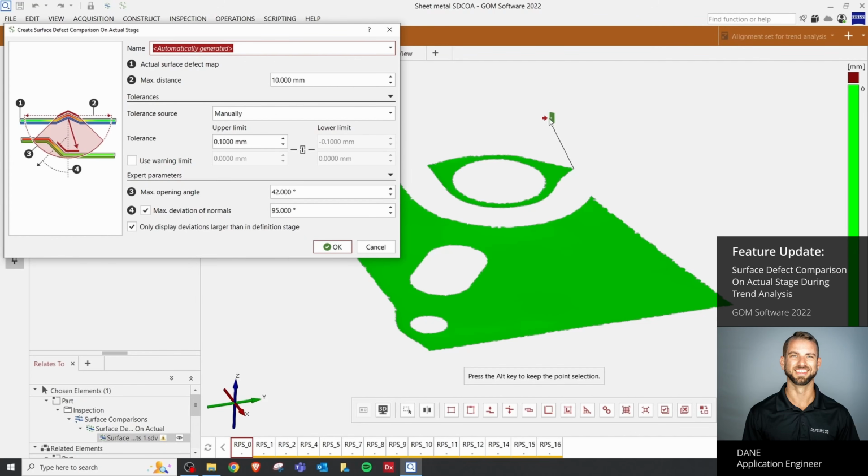Here we are filtering defects that are allowable referencing a certain stage. When we choose our new option, we are completely ignoring any deviations that fall under those of the reference stage. This option now lets us filter out any color plot visuals that are non-essential for the inspection process.